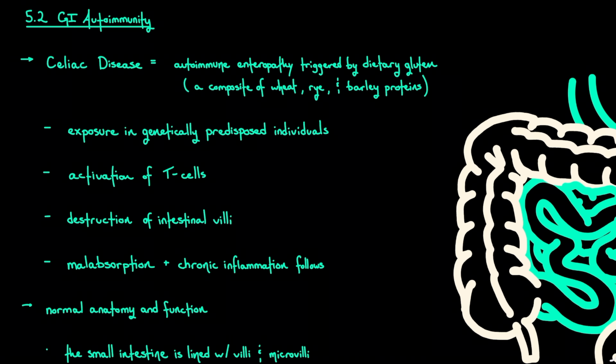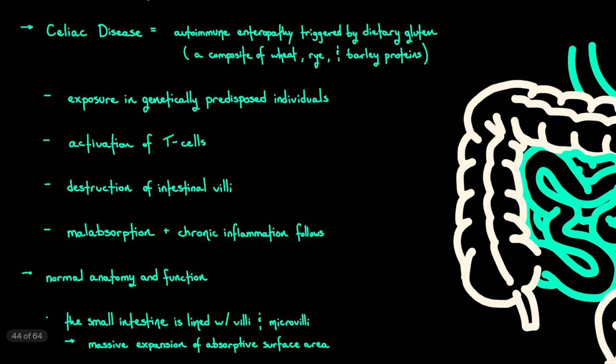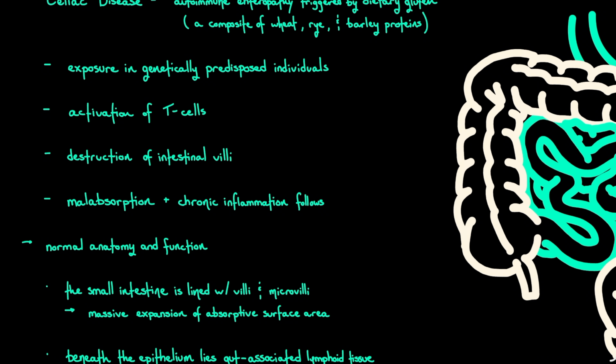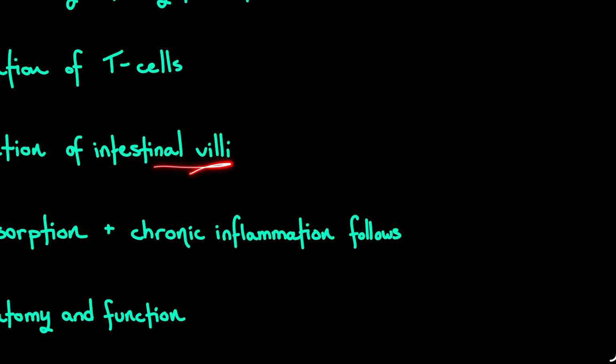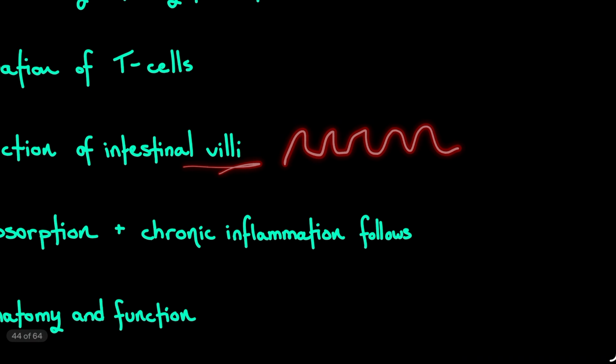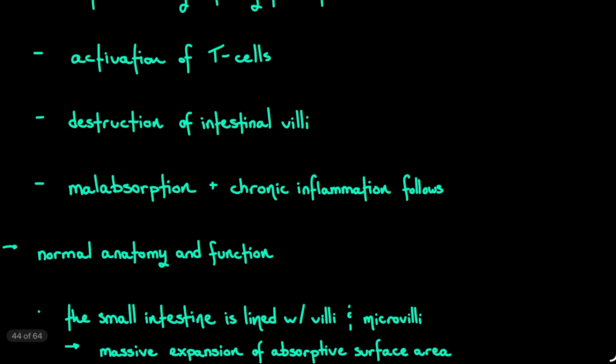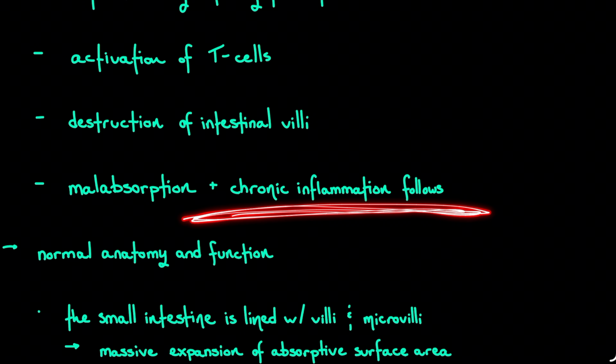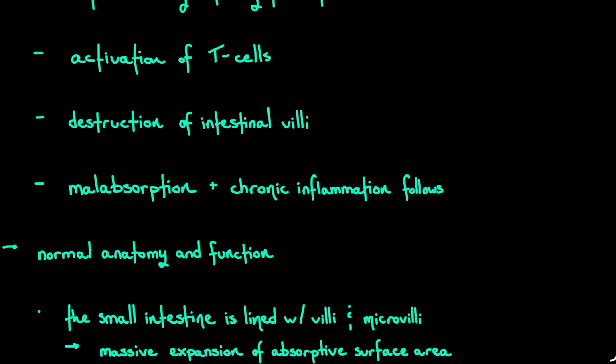We get exposure of this compound, and we'll get more into it in just a moment here, in genetically predisposed individuals, which activates these T cells that are reactive towards this compound. And that leads to destruction of intestinal villi, which are like the fingers that point into the lumen. And if I don't have that increased surface area, then I don't have good nutrient absorption. The fancy word for not good nutrient absorption is malabsorption. And then obviously if that tissue is deemed to be foreign and problematic, then you're going to have chronic inflammation